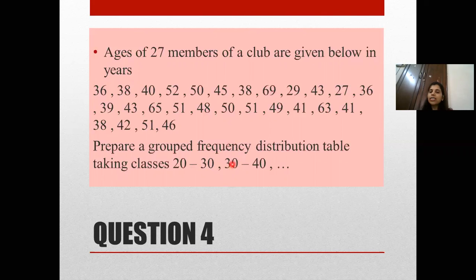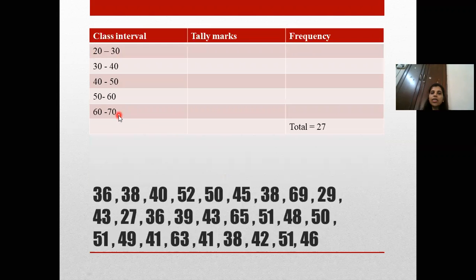Because it is in the first class interval as an upper limit, and in the second class interval as a lower limit, you have to place it in the second class interval, where it is starting the class interval. Okay, children. Now here you can see I made a table for you: class interval, tally marks, and frequency. So now we are going to start with this.